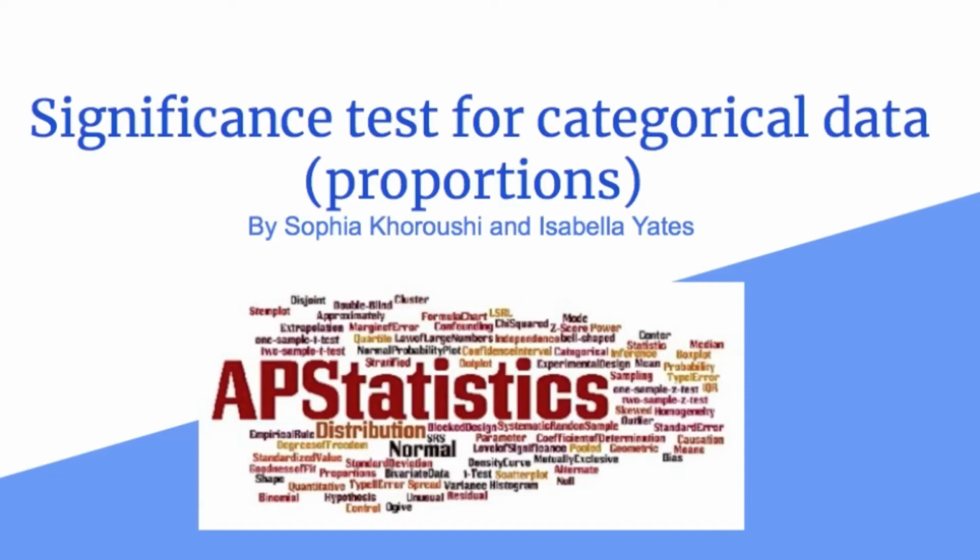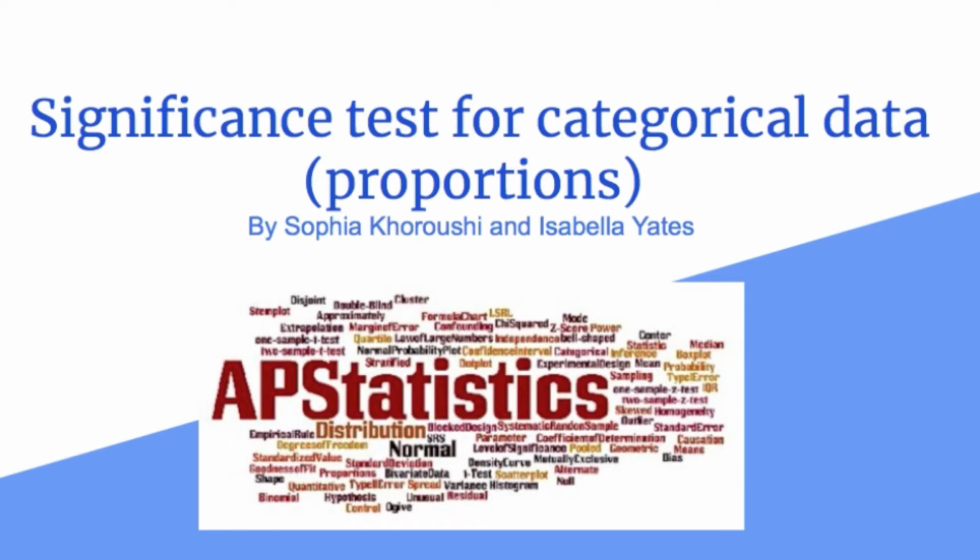We're going to be talking about significance tests for categorical data or proportions. We perform significance tests for categorical data or proportions when we want to decide between two hypotheses using observed data. A confidence interval can be used in addition to z-tests in order to check our conclusion and see if our null value does or does not fall within the interval. The general formula, which is given in the AP test, is statistic minus parameter divided by the standard deviation of